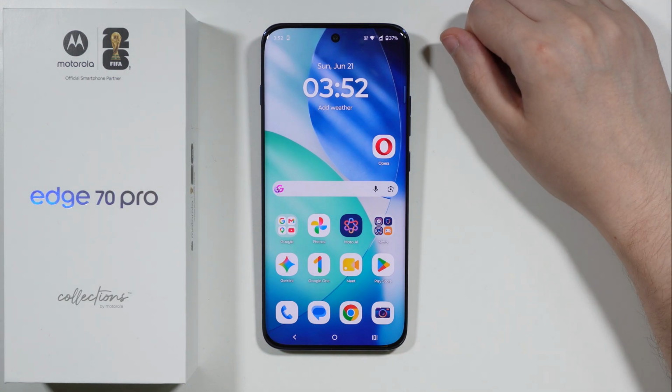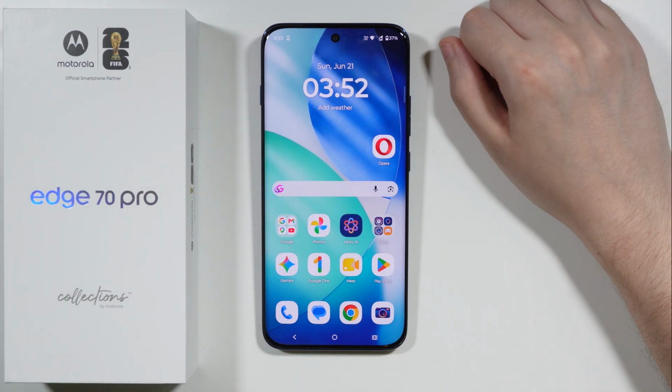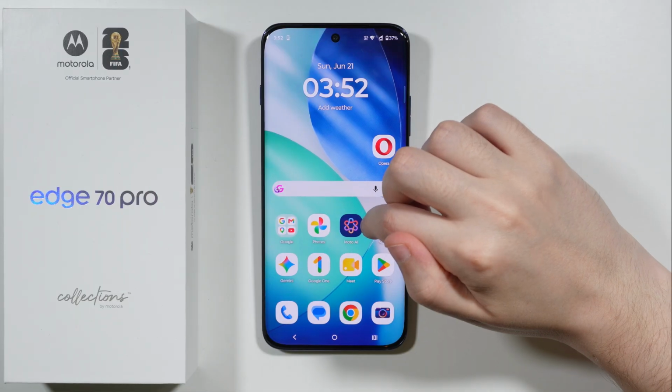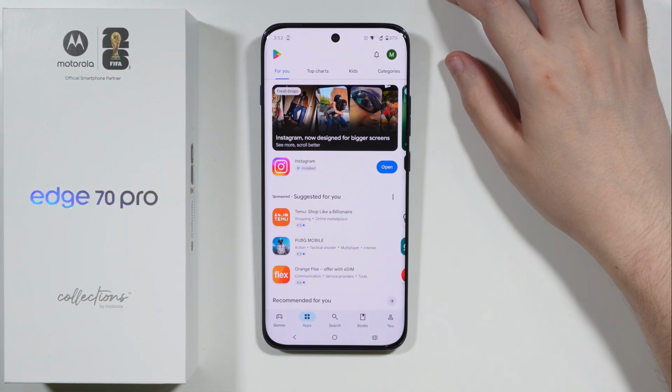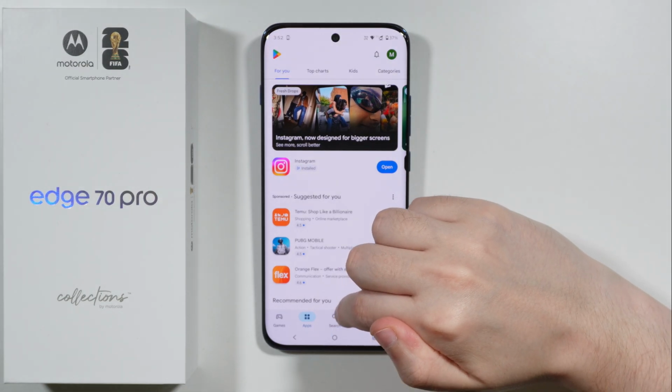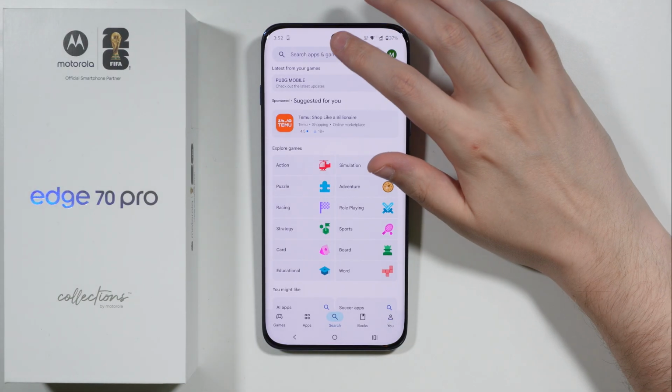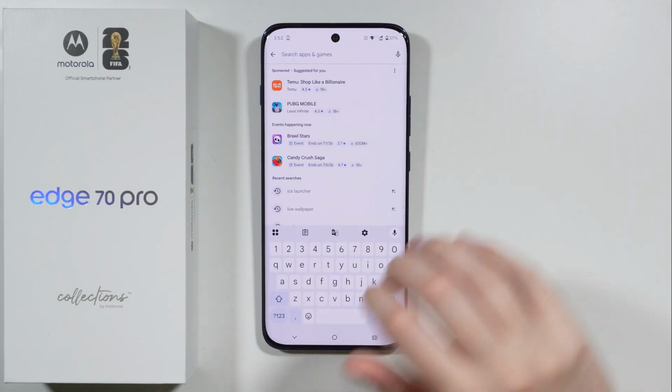If you want to install a VPN app on the Motorola Edge 70 Pro, then first of all we need to go to the Play Store. And once you open the Play Store, then over here we should be able to tap on the search option here at the bottom. Then we can use the search field at the top,